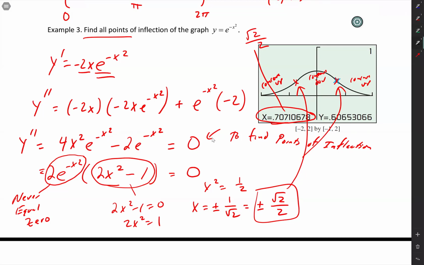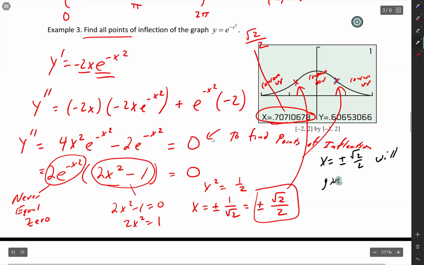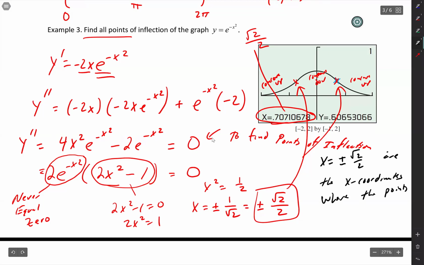I'm going to say x equals, and I guess we'll show both of them right here. Square root of 2 over 2 will give, or r, right? X equals plus minus square root of 2 over 2 are the x coordinates where the points of inflection